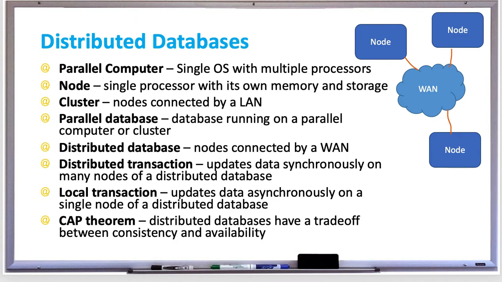The CAP theorem states that a distributed database system has to make a trade-off between consistency and availability when a partition occurs. They cannot simultaneously be consistent, available, and partition-tolerant. So a distributed database can guarantee any two, but not all three of these properties. For example, in a distributed system, if a partition occurs between two nodes, it's impossible to provide consistent data on both the nodes and availability of complete data.